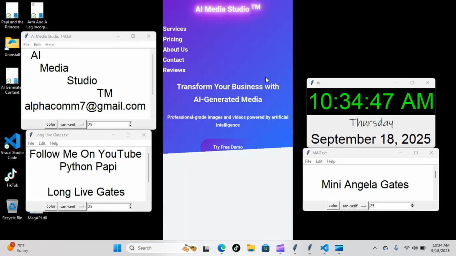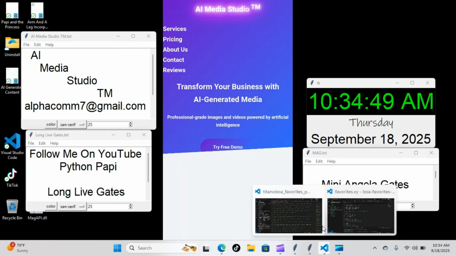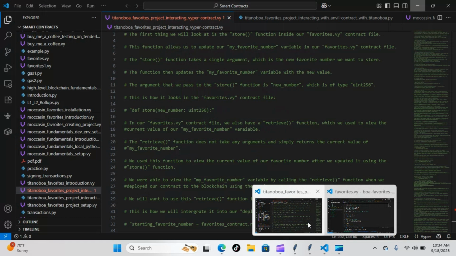On today's episode of Python Papi, we're back inside our smart contracts project. Let's have a look at what we're going to go over today. Yesterday we did some light reading in our new module, the Titanoboa Favorites Project, interacting with Viper contract section of the module. And today we're going to go inside the contract we went over yesterday with our